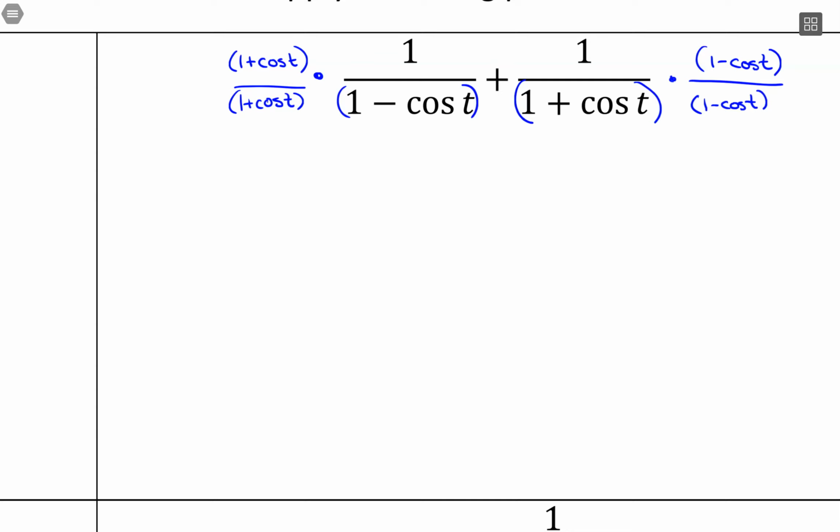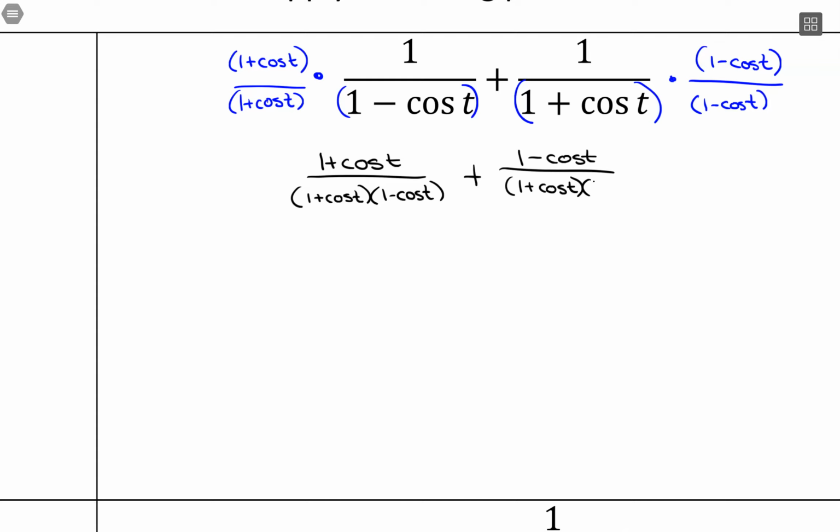So my first term will have 1 times 1 plus cosine of t over this 1 plus cosine of t times 1 minus cosine of t, and then we're adding that with 1 times 1 minus cosine of t over 1 plus cosine of t, 1 minus cosine of t. Now adding these together, 1 plus cosine of t plus 1 minus cosine of t, those cosines are going to turn into a 0. So really I'm just going to have a 1 plus 1, which is 2, over